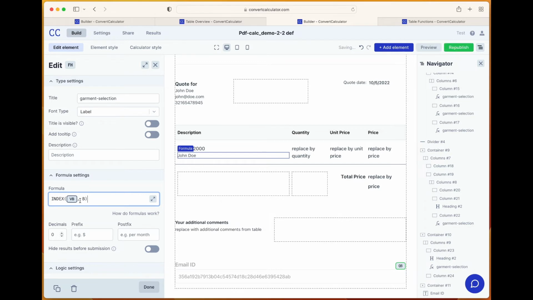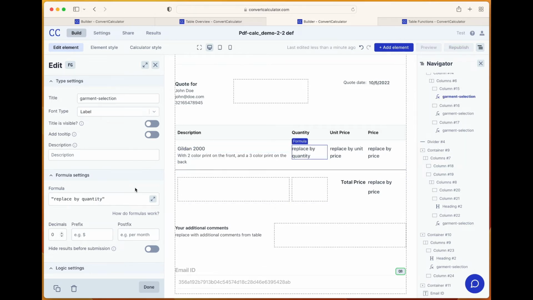This is the details, and quantity is in column D, the unit price is in column F, price per shirt,